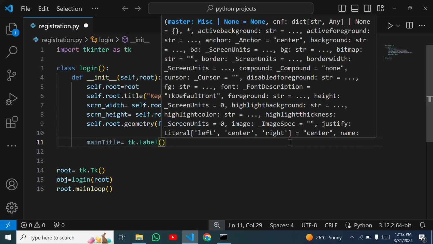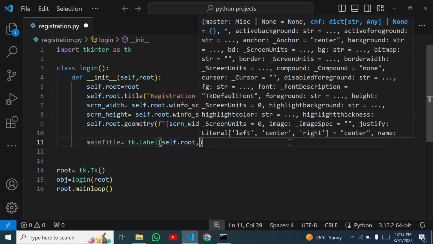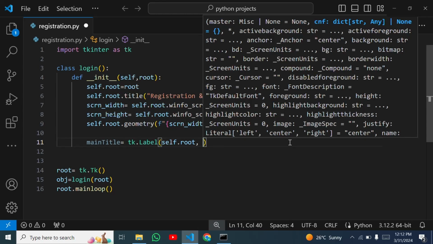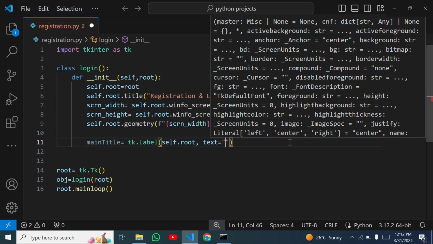It is a user interface element that contains value for our title or label. So here I will create it inside our main window or root window. So here I have to use self.root. Okay, in this way it will be created inside our main window or root window. So next I have to set its border by using, sorry, first I have to set text. Okay, so text is registration and login